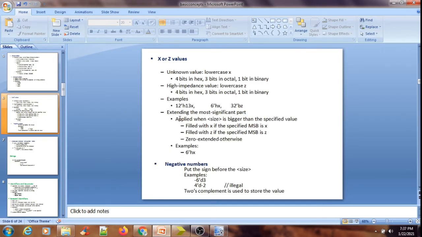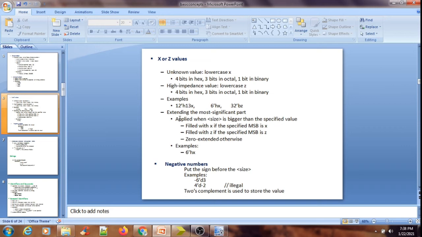So, X or Z values. What are these X or Z values? In Verilog HDL, we have two unique symbols: one is small x and one is small z. Sometimes we may not have logic 0 or logic 1, and at that time x or z values are definitely going to be present.